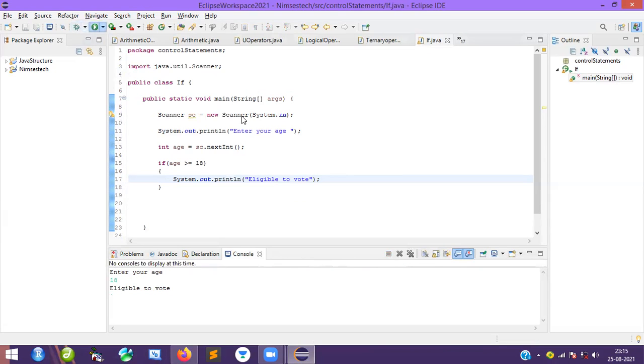Again, one more time I run it, and give the age 21. Enter. Here also it says eligible to vote. That is greater than or equal to: if it is equal to 18, it says eligible to vote. If it is greater than 18, like 20 or 21, it still says eligible to vote.